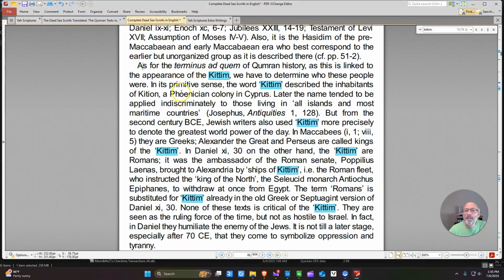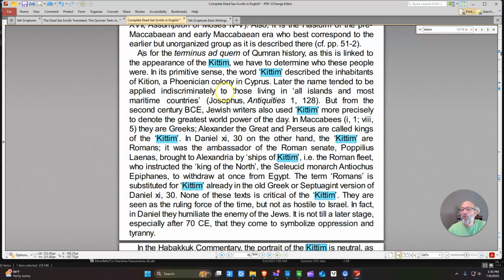"As for the terminus ad quem of Qumran history, as this is linked to the appearance of the Kittim, we have to determine who these people were. In its primitive sense, the word Kittim described the inhabitants of Kition, a Phoenician colony in Cyprus." Maybe, but I'm not sure about that,